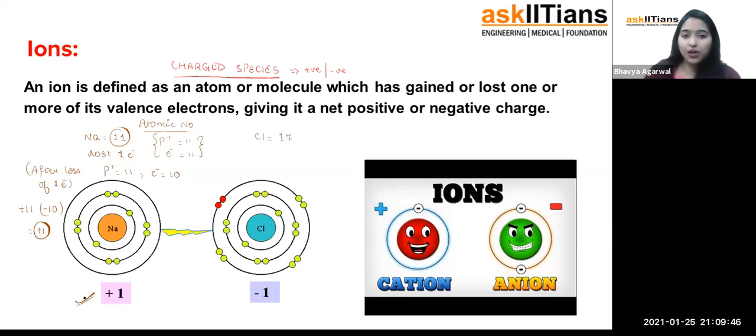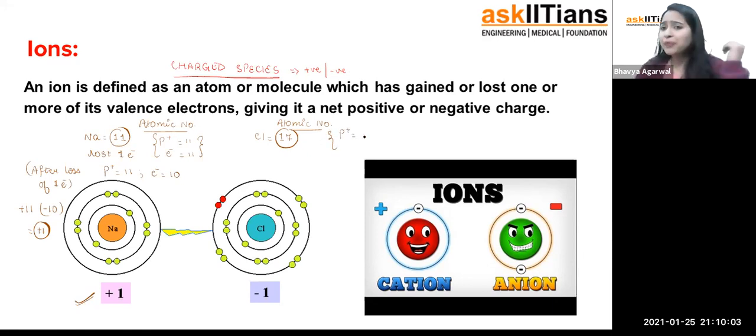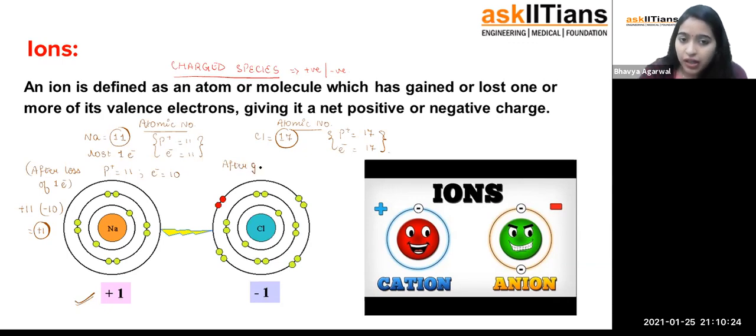Same way, if I talk about chlorine, the atomic number of chlorine is 17. So as per our discussion, what does that signify? It signifies that the number of protons in chlorine will be 17. The number of electrons present in chlorine will again be 17. But since this chlorine is gaining 1 electron, after the gain of 1 electron,